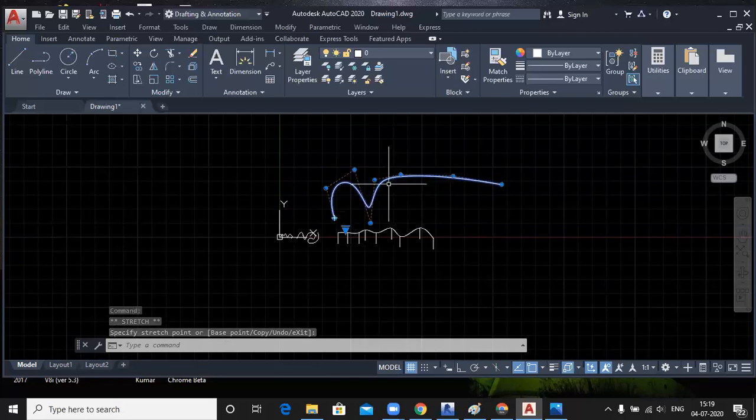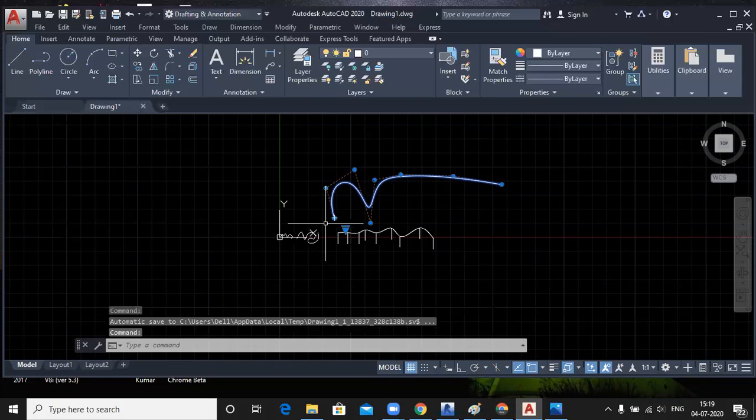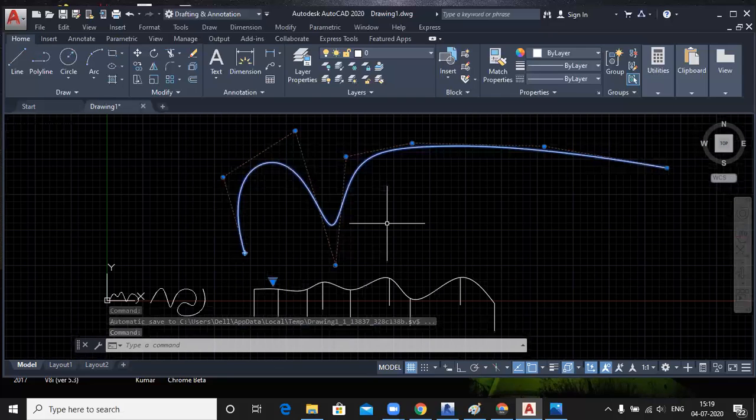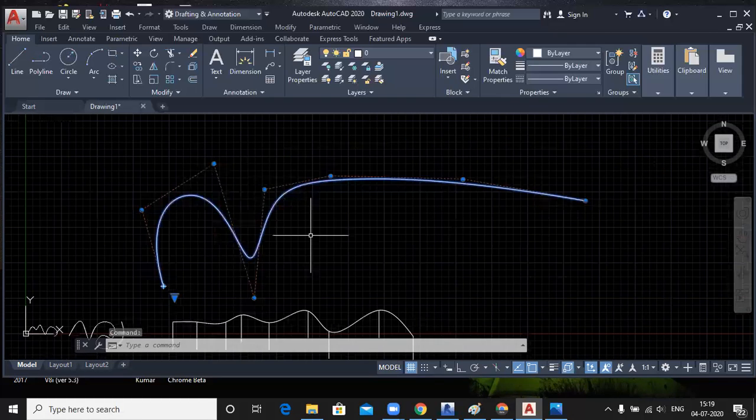For this controlling method, do we draw a fresh one? No, sir. You just draw your SP line first. If you select this SP line, it shows you these control vertices.